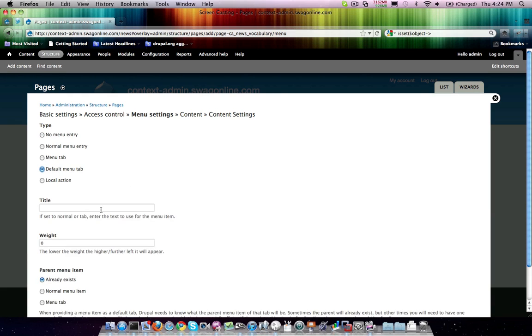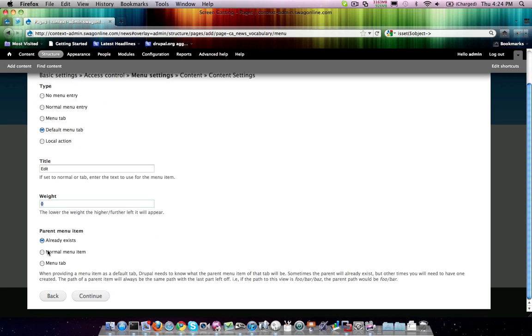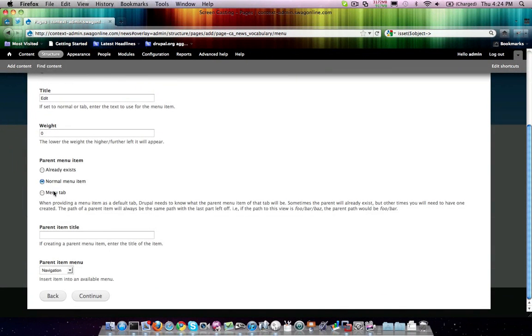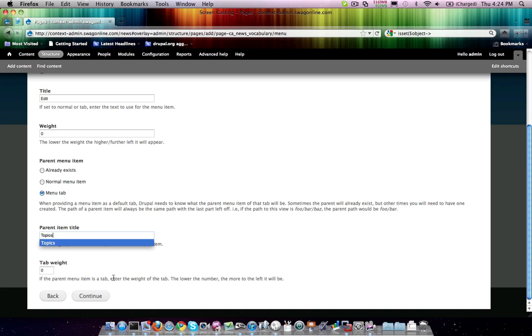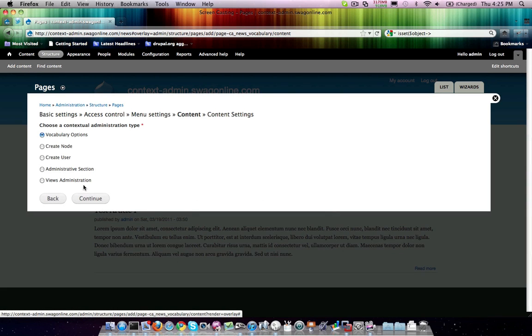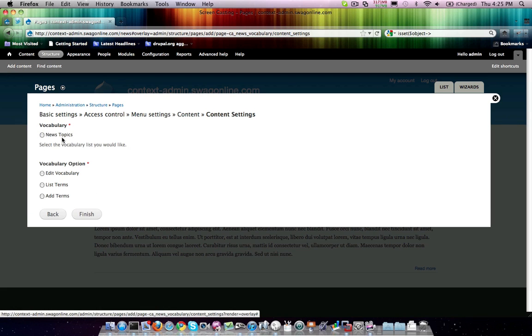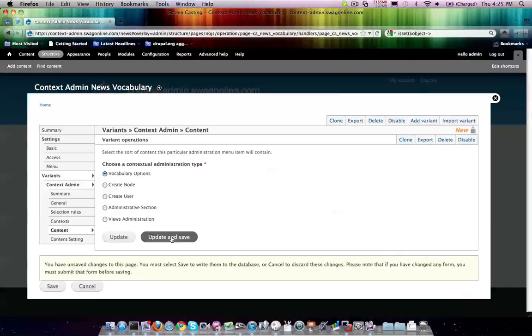And then, as I said, we're going to do a default menu tab. Now the first thing we want to do is call this one edit. And we're going to tell it that it's a menu tab. And there we will enter, actually let's make it topics. I want it to appear after the administration, which we set to a tab weight of 10 previously. And we are going to select vocabulary options. Once here, you'll have a listing of all vocabularies in the entire system, and so we just pick one. And then I want the vocabulary edit. So if we go ahead and click Finish on this, update and save,